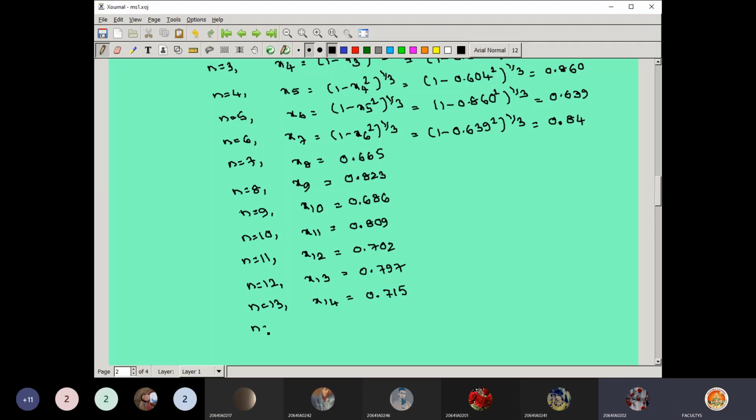There is still a difference there. So n equal to 14, you are getting x15. Don't worry, slowly you will get the answer. In the first two methods, after 5 approximations you took the average, but this is not the way. Wherever you get successive values equal, you can stop the process. I think you will get 0.788. Right. Next n equal to 15, so that it is x16.